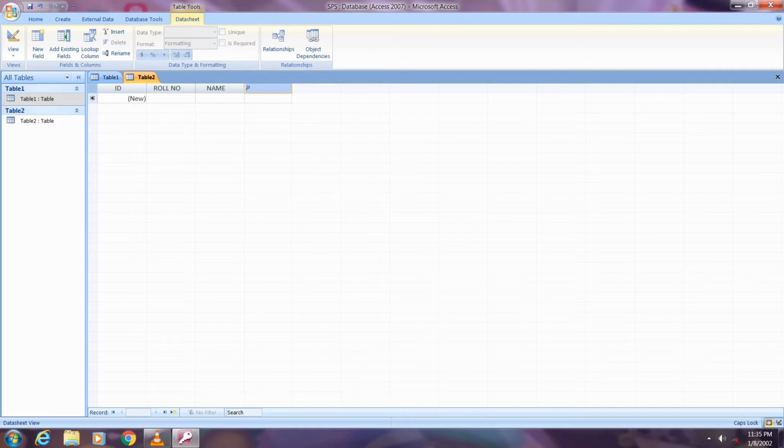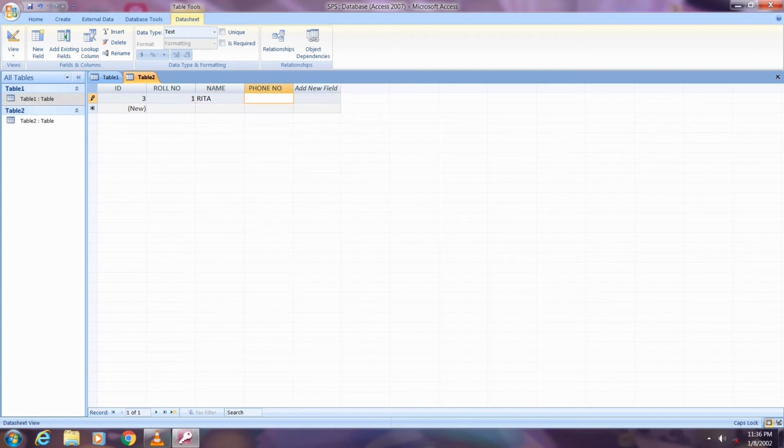You can rename all the fields and you can add as many fields as you need. Then enter the data in it, like roll number 1, and in the name section write any name like Rita. Then phone number, you can give any phone number to it.